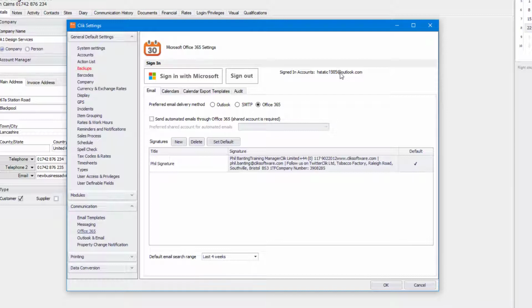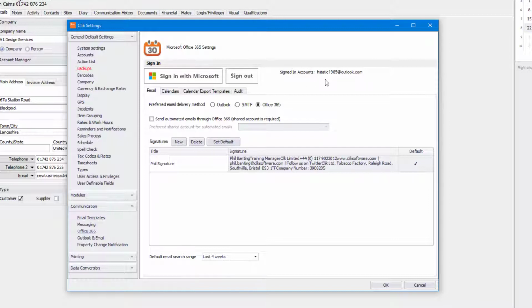You also might see that your company has an administrator that might not allow third parties to connect to your Office 365 account, and they would have to accept that via Office 365. They'll get an email, they just have to click accept, and then it would allow that in. That's something to be aware of when you're setting this up.